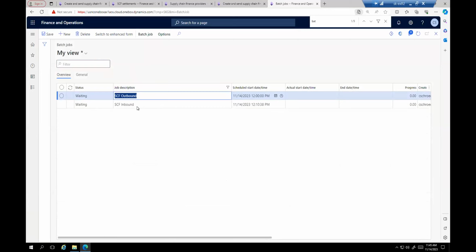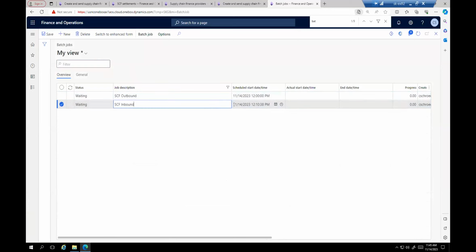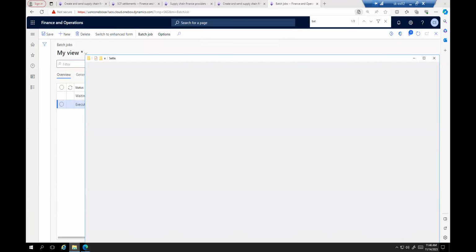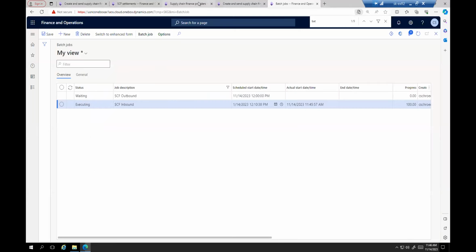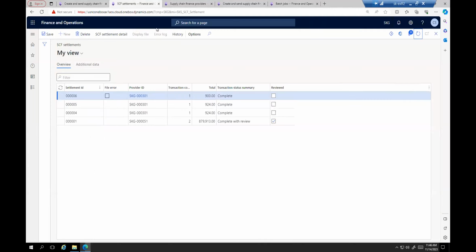We'll talk about Bank Fabric here in a minute, and it can pull those then into D365 from that point. So we'll go ahead and run this batch job. Hopefully we'll see it take off here. I had a settlement file sitting in here, and we can hopefully see, yes, it just moved it over to archive. So then we'll go to the settlements and see what happened.